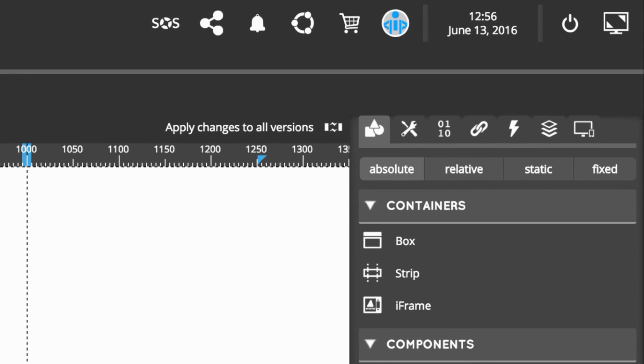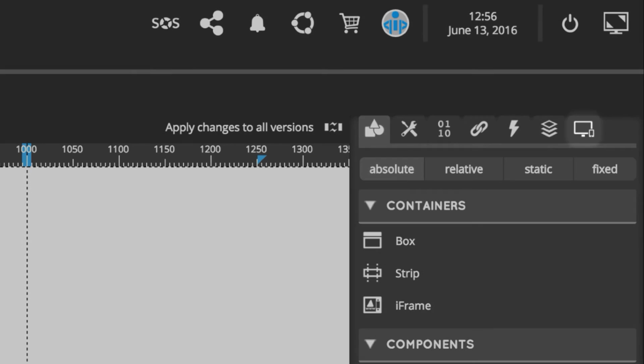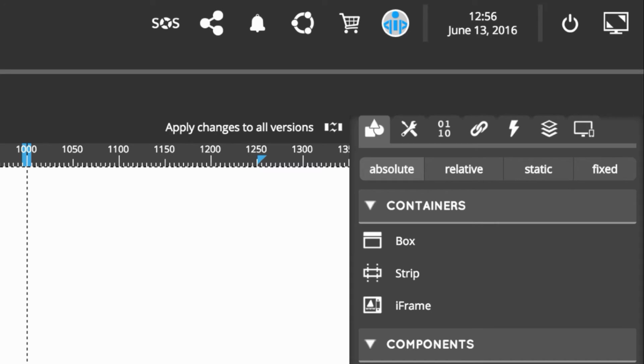Now let's take a look at the sidebar. Here's where you can find all the editing tools you may need during your work. Each tab has a different purpose: adding elements, editing their styles and properties, set attributes and contents, links, actions, display and edit page structure, and responsive design versions. The content and availability of some of these tabs change according to the selected element, and this will be covered properly on a specific video tutorial.